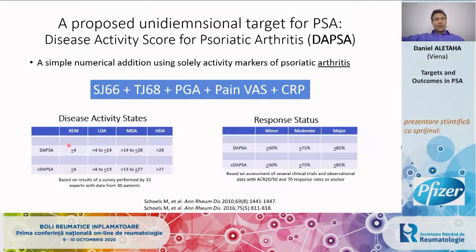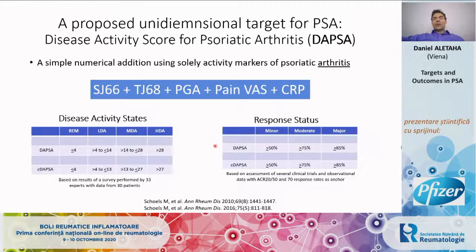You can see here, cut points on that scale have been defined for remission or low disease activity as the alternative target. And you can see that there's a C-DAPSA, in analogy to RA, the SDAI and CDAI. The C-DAPSA is the clinical DAPSA without the CRP. So a cut point of 4 is remission, up to 13 or 14, depending on which scale, is low disease activity. But you can also define response criteria, 50%, 75,